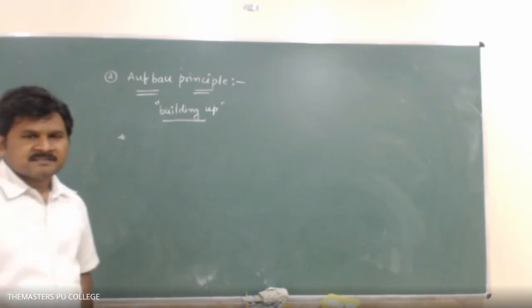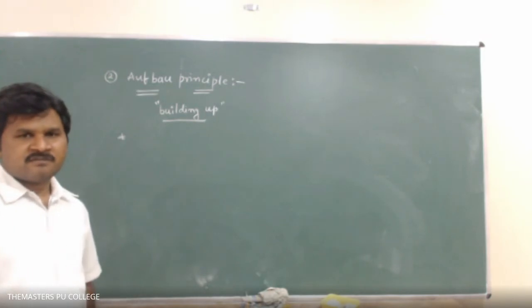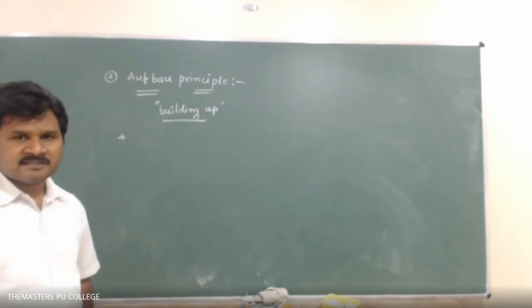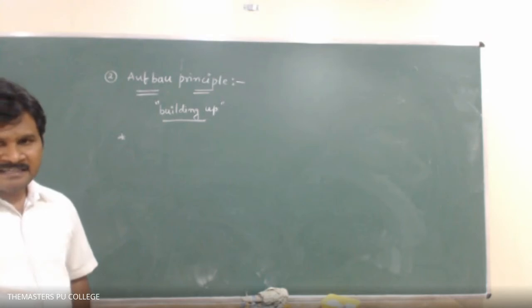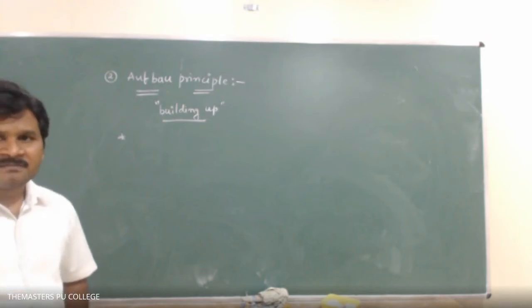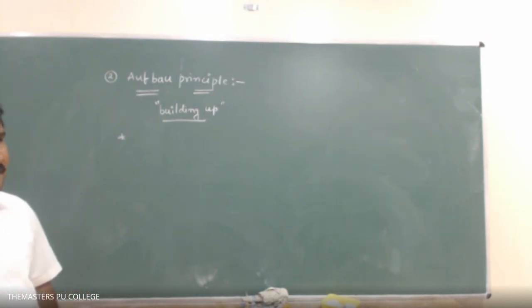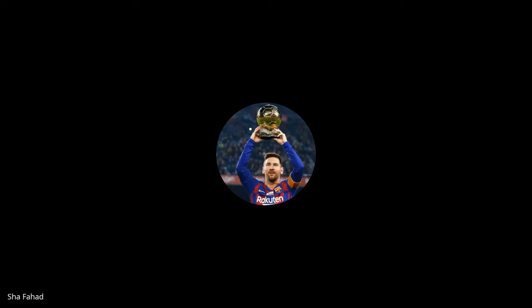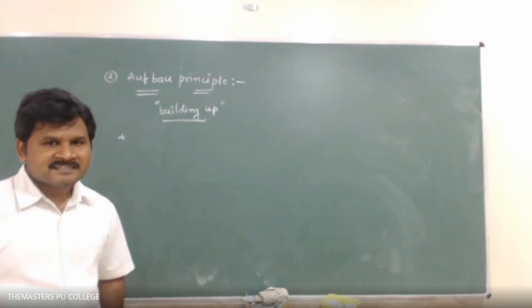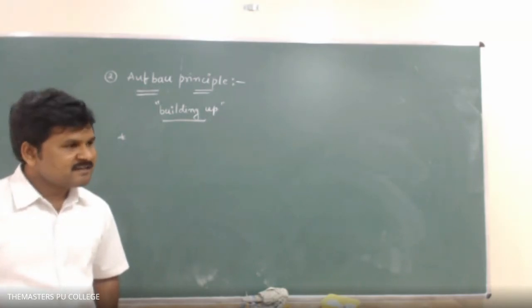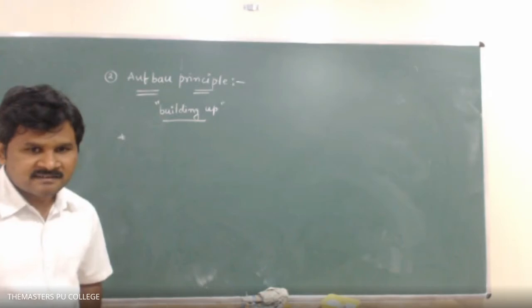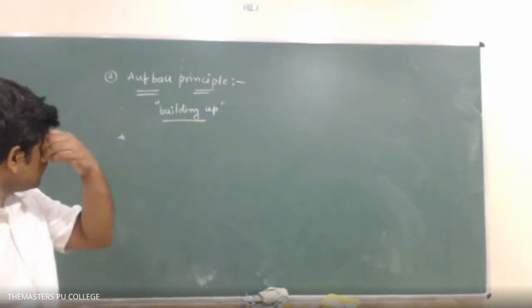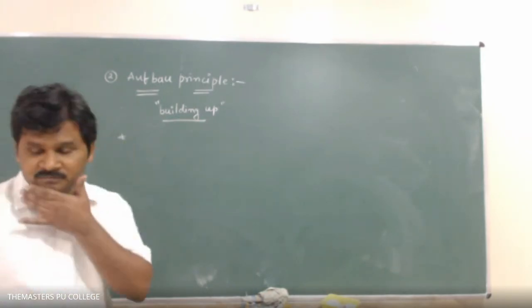Before Pauli's exclusion principle, we discussed the energy of orbitals. How to determine the energy of orbitals? Based on n plus l values. The greater the n plus l value, the greater the energy. The least n plus l value, the least the energy, the lower the energy. Now please write down the statement, very simple.